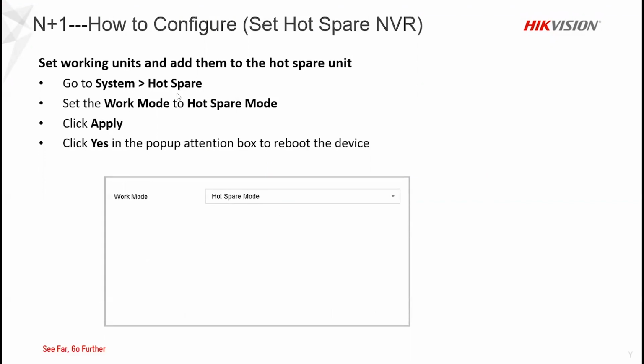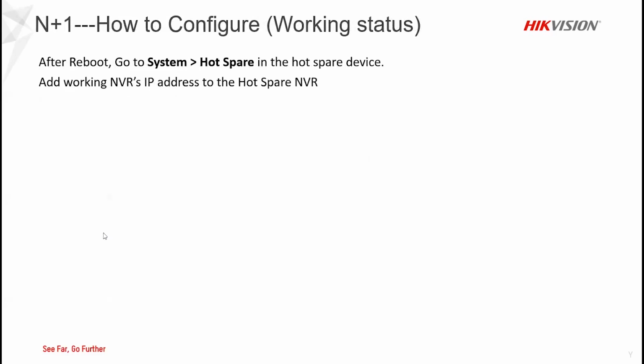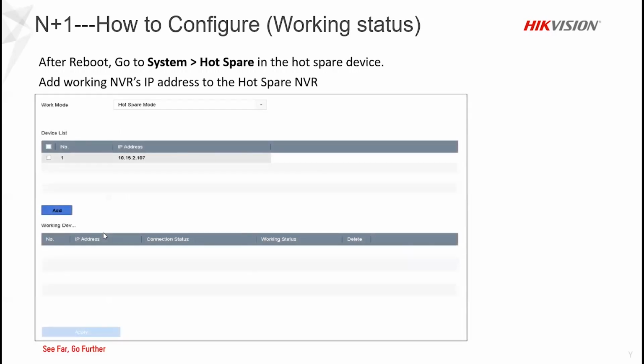For the hot spare unit, you simply go to the system and enable it as a hot spare mode. You don't have to configure anything. You just enable it as a hot spare mode, then it will be working as a hot spare device. So after the hot spare system is rebooted,